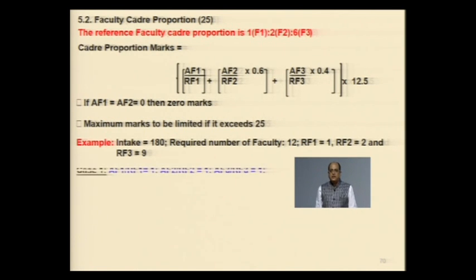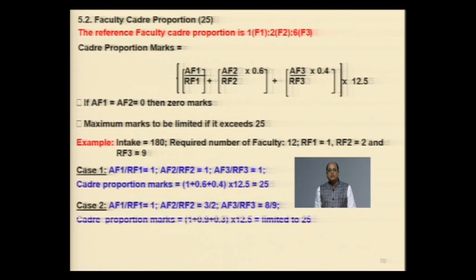We have also taken enough precaution so that if somebody shows a higher number of assistant professors, they will not get full marks. That's why some of the cases have been highlighted here. If they have a higher number of professors and associate professors, then they get full marks. But if they have a higher number of assistant professors than required, not maintaining the ratio of professor and associate professor, then they will not be able to get full marks. That has been shown in case 3.